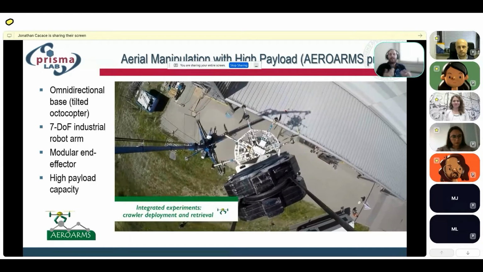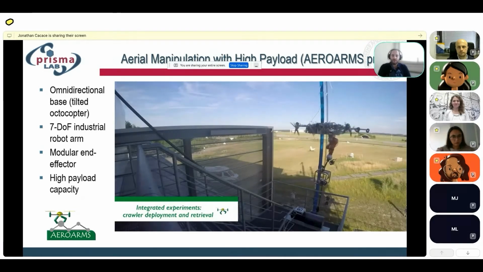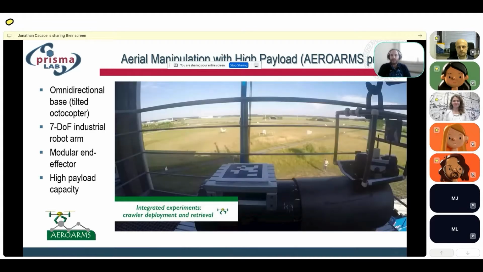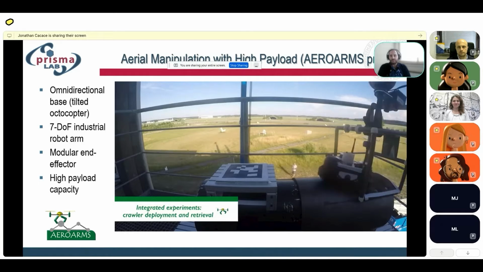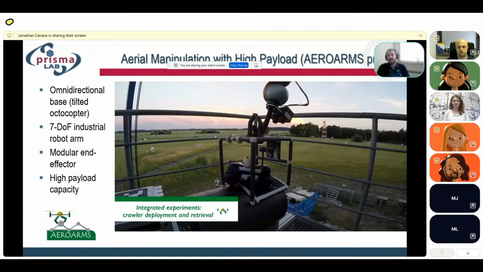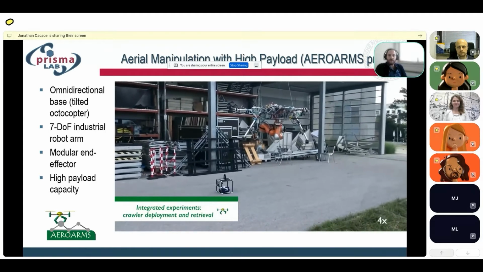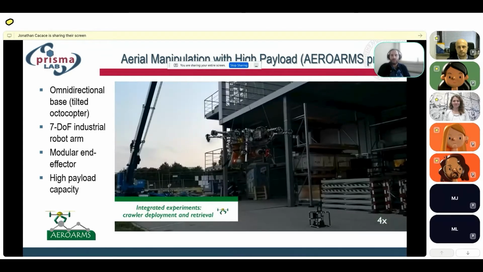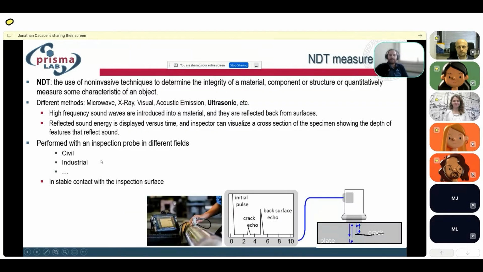What happened in the next step is that this project has been followed up by another project called Aero Arms, in which we just moved this technology onto something really more complex. As you can see from this video, a classical octocopter, a classical UAV, is bringing with it an industrial robot. This is a KUKA lightweight. Its weight is almost 14 kilograms. So we moved this from an indoor scenario, a very controlled scenario, to an outdoor scenario with a high payload capability,